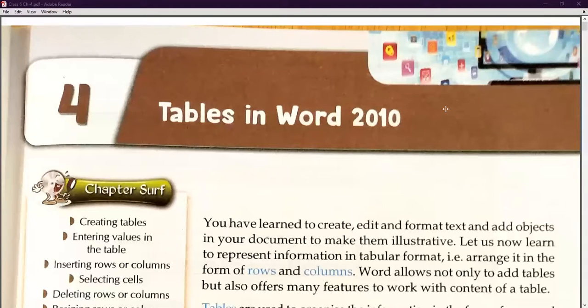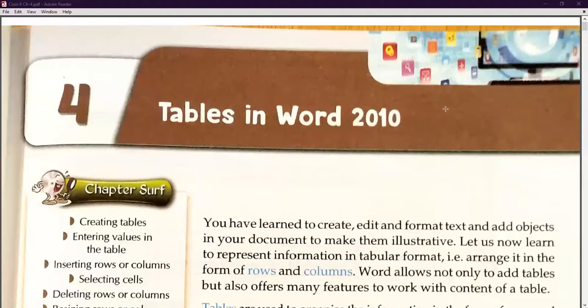Yes students, if I talk about the significance or the importance of table, table is being used in every aspect of our life. Whenever you want to store any kind of data in row and column field, then we must use the tables. Am I right? जब भी हमें कुछ भी रो और कॉलम के अंदर डेटा को स्टोर करना होता है, कुछ भी हमें डेटा लिखना होता है, so what we use is tables.